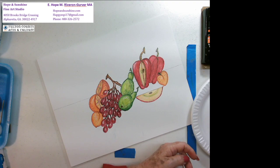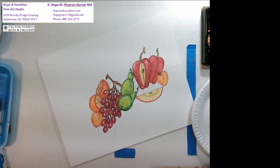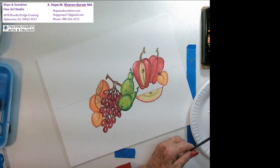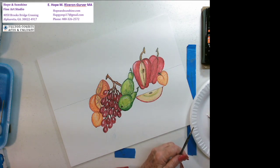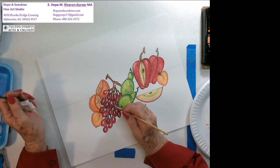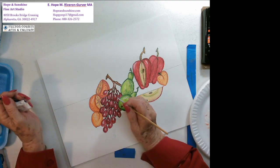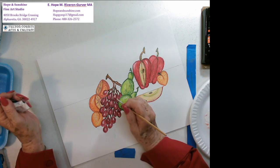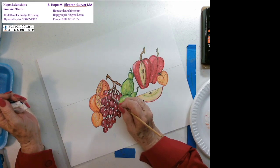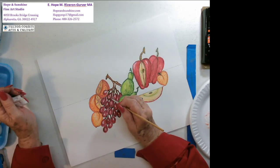I enjoy learning different things. I'm going to pop up a little bit the shading of the white, because the grapes are extremely, the peels are extremely, I would say, very soft looking, and what I'm doing is just mixing a little bit of white to give that appearance of